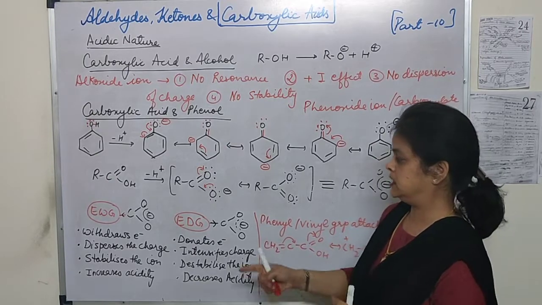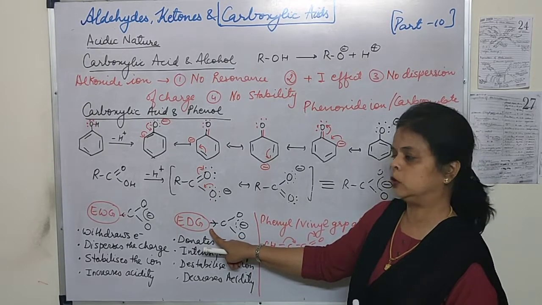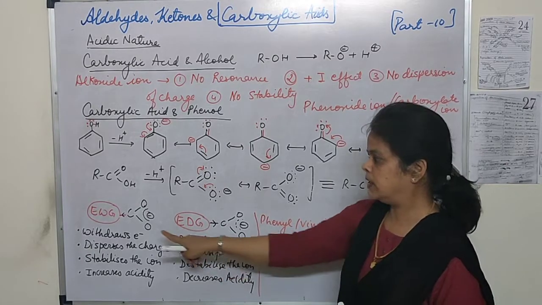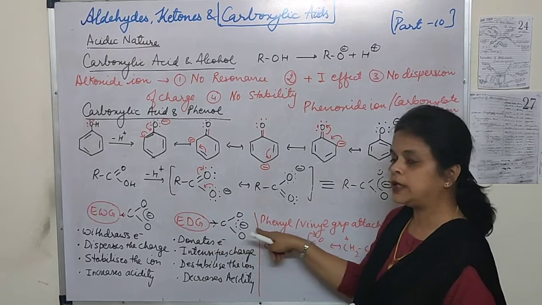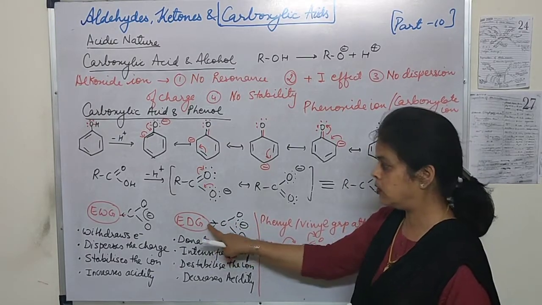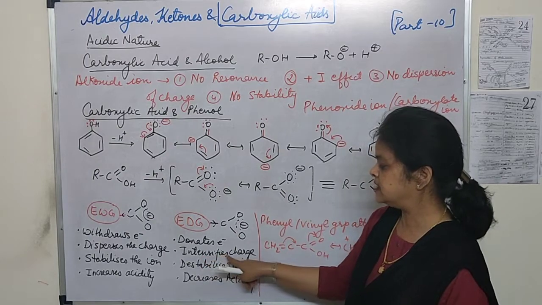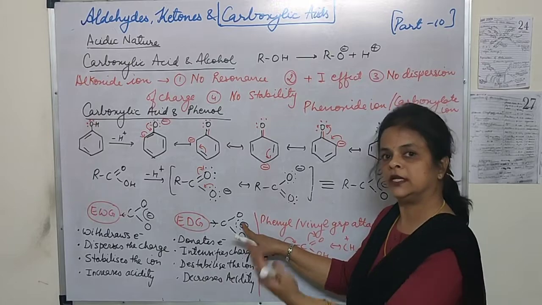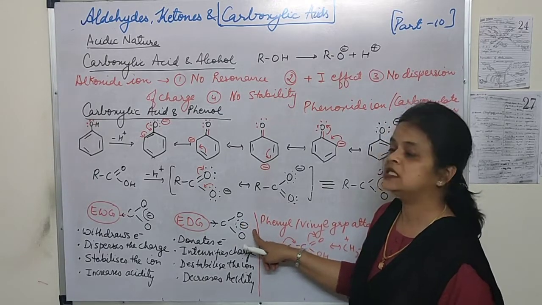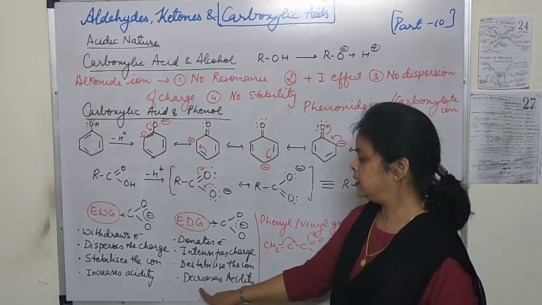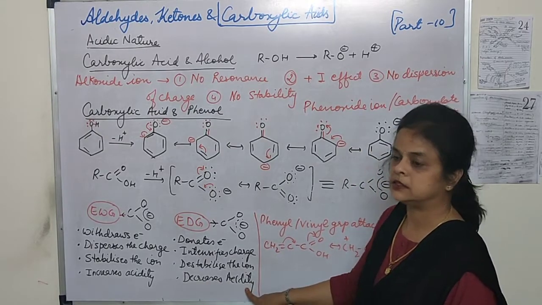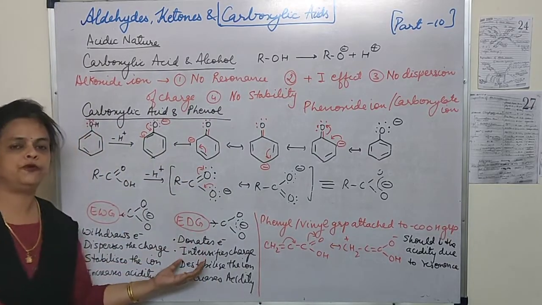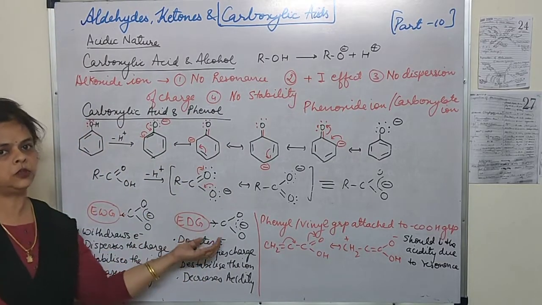Now instead of this, if you are having any electron donating group, students, then in that case ये क्या करेगा, donates the electron. वहां पे विथड्रॉ कर रहा था बट ये क्या करेगा, इलेक्ट्रॉन डोनेट करेगा। ऑलरेडी यहाँ पे नेगेटिव चार्ज है, ये और इलेक्ट्रॉन डोनेट करेगा, that means intensifies the charge, destabilizes the ion. That means it is decreasing the stability and therefore decreases the acidity. So you will find many questions based on this concept. The different groups will be attached. You have to find out whether it is electron withdrawing or electron donating.